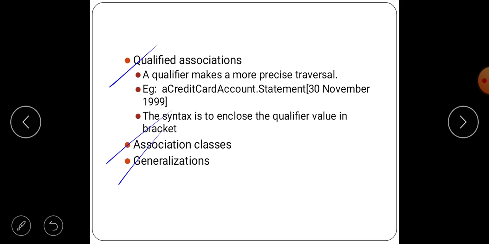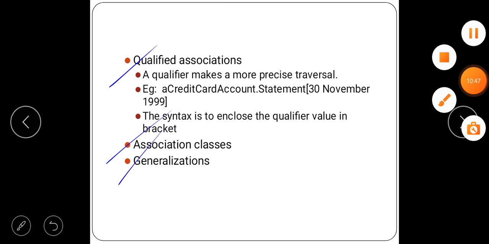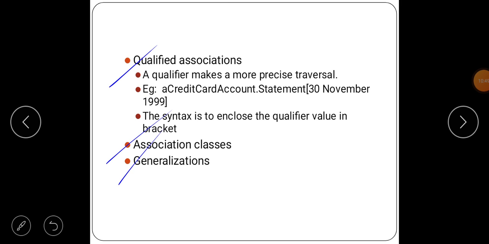A qualifier makes the traversal more precise, that is, more detailed.